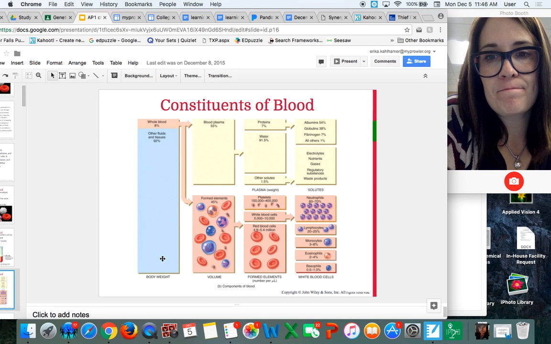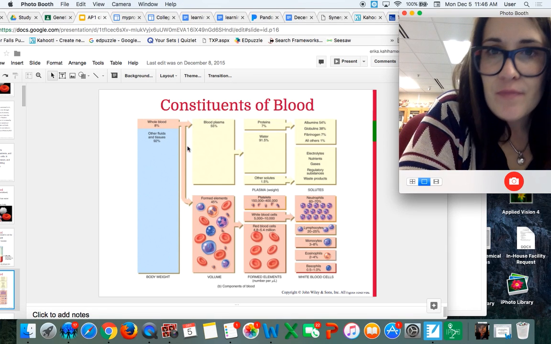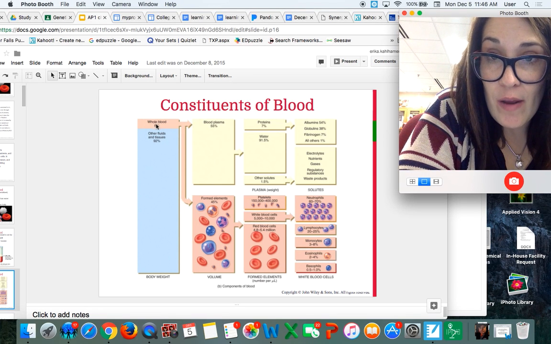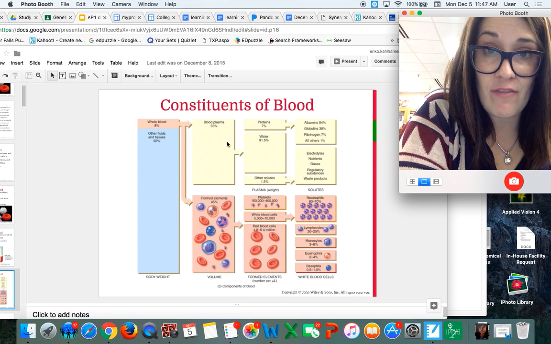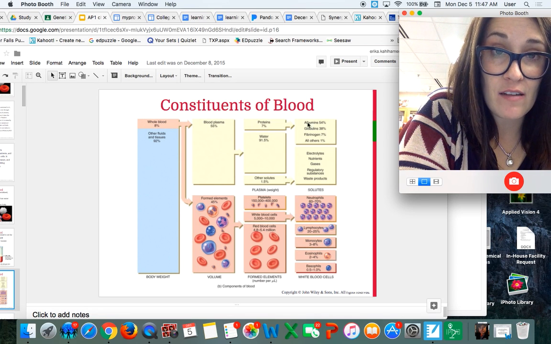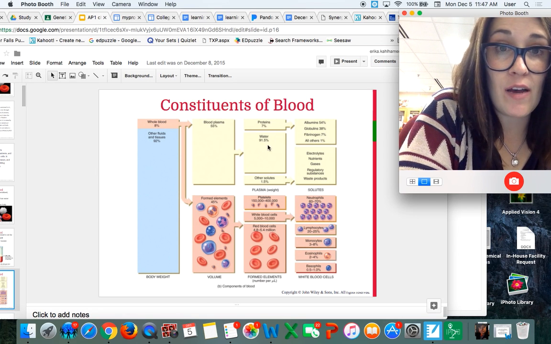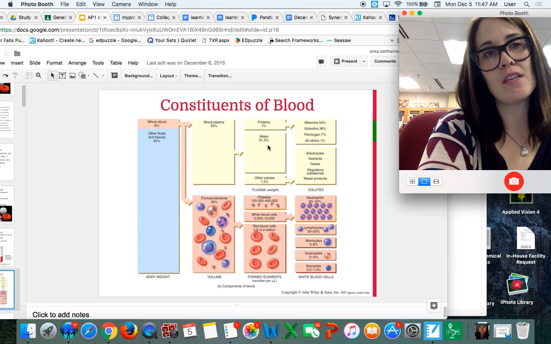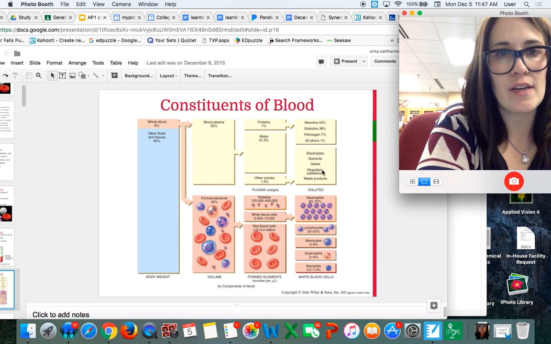This is just another image of, more specifically, what's included in the blood. This is your body weight. About 8% of your body weight right now is due to your blood, and 55% of that is plasma. Within that plasma, we see proteins, 7%. This includes different proteins that we will talk about, blood clotting proteins, albumin, globulins, and fibrinogen. Water is about 91.5% of your overall plasma content, and then other solutes within the plasma: electrolytes, nutrients,